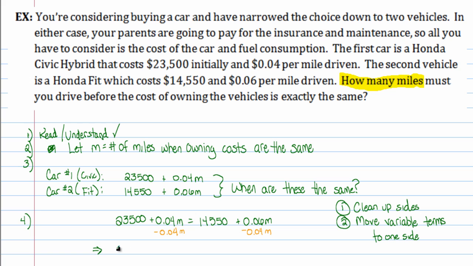This implies our equation becomes 23,500 equals 14,550 plus 0.02 m. And once you're pretty good at using my technique for solving linear equations, which I've mentioned in the past, you kind of do this very quickly. But I'll still use my technique just to kind of mention it a few more times before we start using it quickly. The technique that I use for solving linear equations, if I only have one version of my variable,